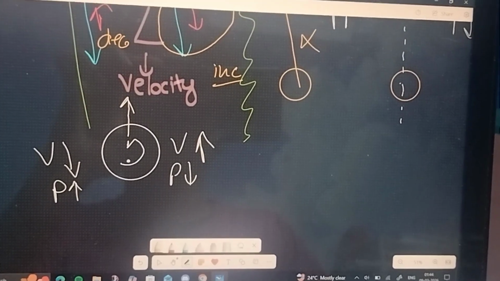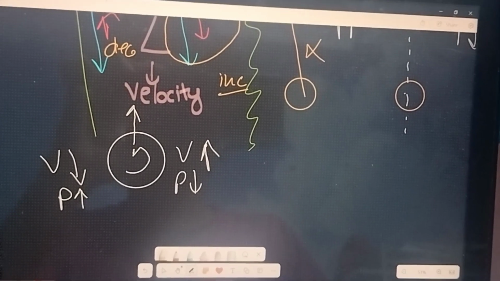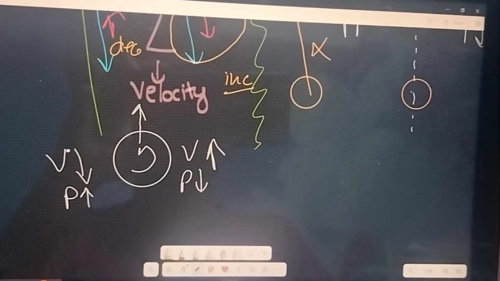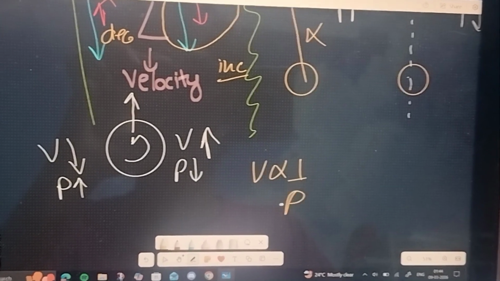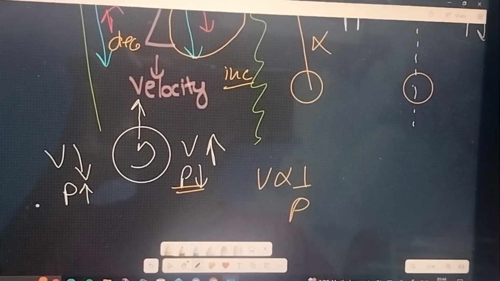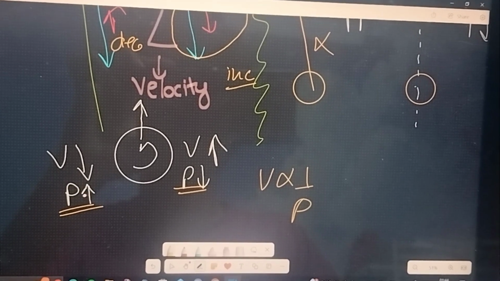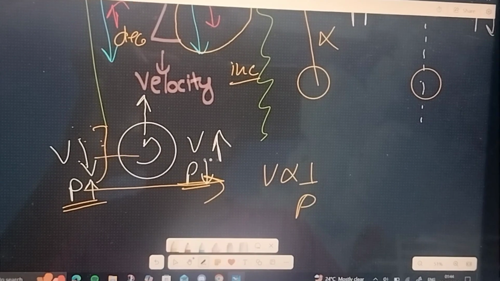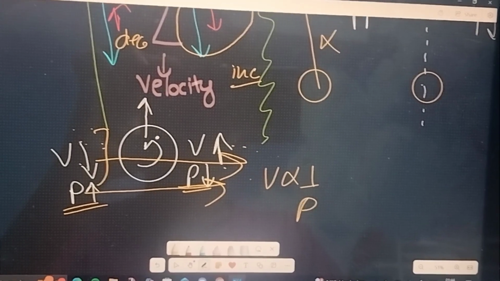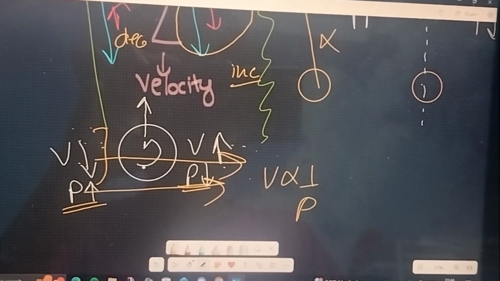Therefore, this ball which is spinning and moving in the forward direction, the right side velocity increases and the left side velocity decreases. And where there is high velocity, according to Bernoulli's principle, since velocity and pressure are inversely related, there is low pressure and here is high pressure, and things tend to move from a medium of higher pressure to a medium of lower pressure. So the particles present here would tend to move in this direction, which will cause a change of trajectory